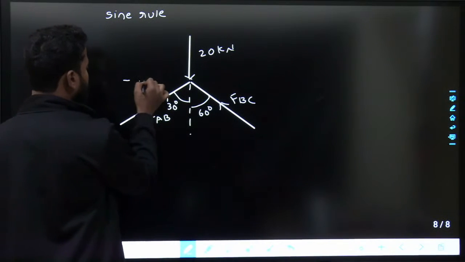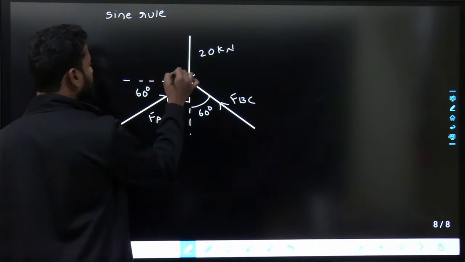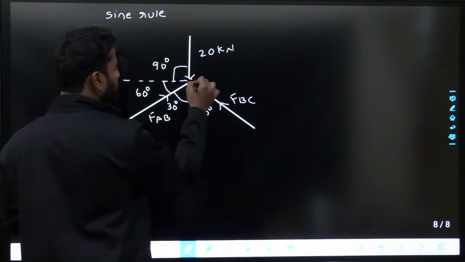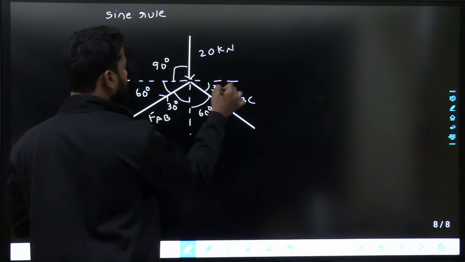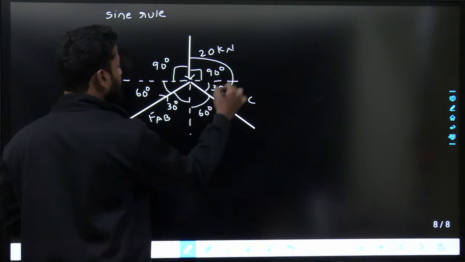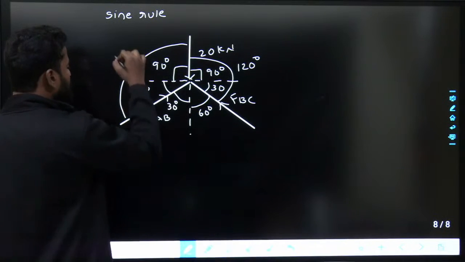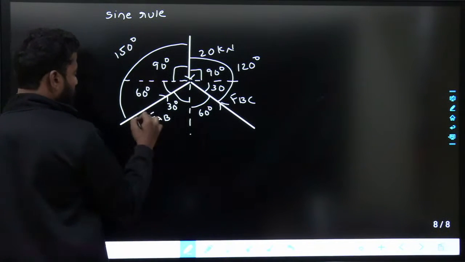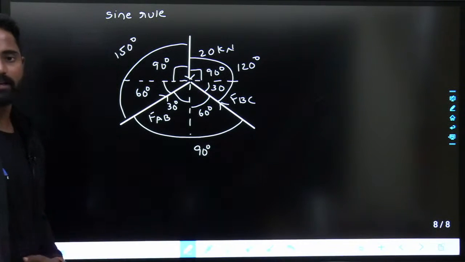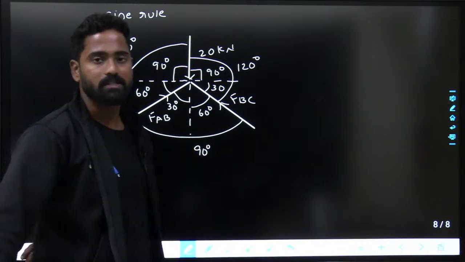If this is 30, this one is 60, what is this angle? This is 60, this is 90 degrees. Fine. And if this is 30 and this one is 90 degrees, the whole angle is 120 degrees, and this whole angle is 150 degrees, and this whole angle is 90 degrees. So what exactly the sine rule says is, if three members are meeting at a joint